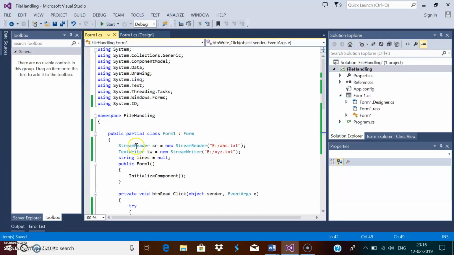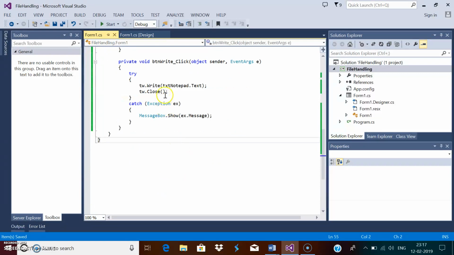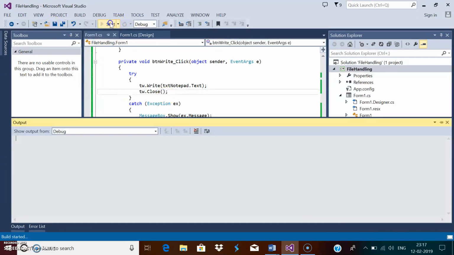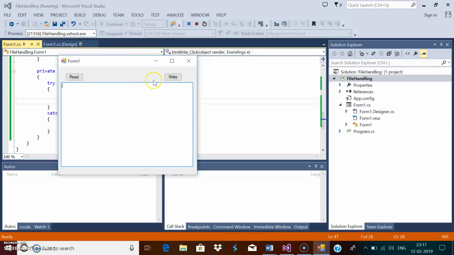So all these StreamReader, TextWriter, StreamWriter classes are actually inherited from an abstract class called Stream. So let's execute this and try to perform a write operation. I'll write something. Let's take this content only and run an operation